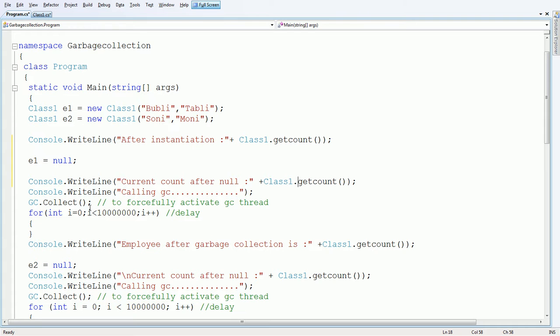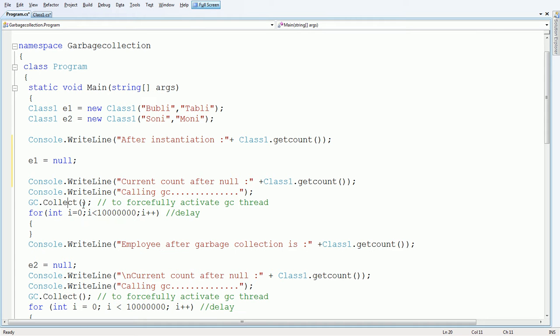Then forcefully call the garbage collection method. This method is responsible for actually removing the object from memory. But if the processor is in an idle stage, then let us keep our compiler busy with some other process, because before executing this process, the compiler finishes the first process.